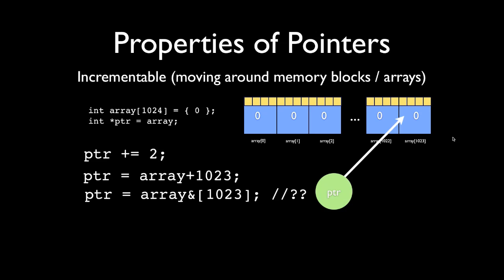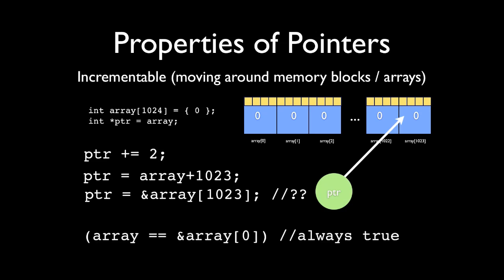Man, I screwed up this slide. What does this mean? Well, believe it or not, unless I screwed this up some more, those last 2 lines are exactly the same thing. They mean the same thing. Think about it. If you're taking an array and you're moving 1023 elements into it, you have a reference to, or an address of, the last element. So of course that's equal to the address of that same element. So those 2 lines perform the exact same operation.